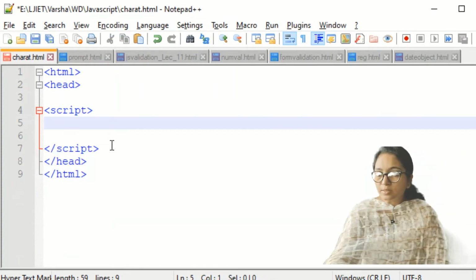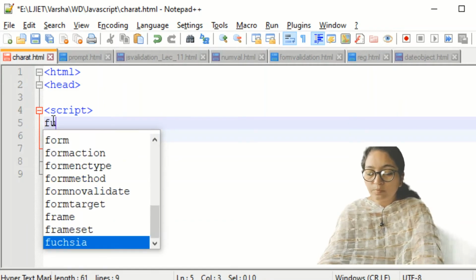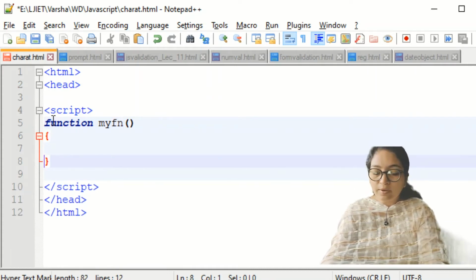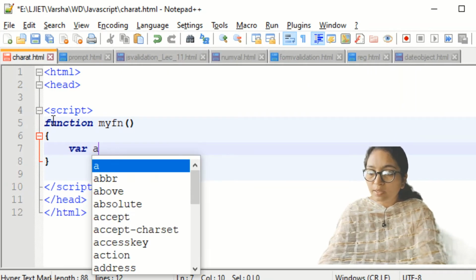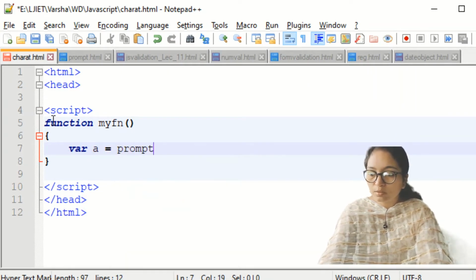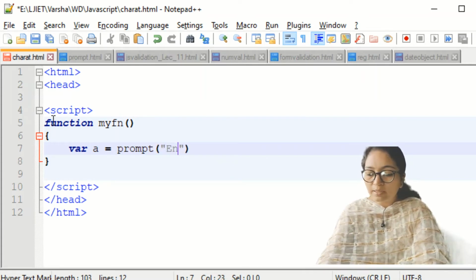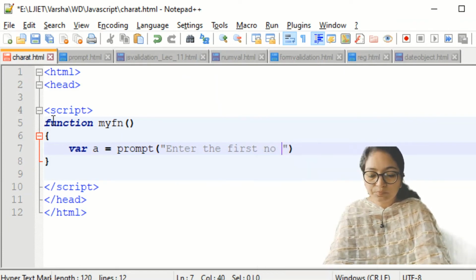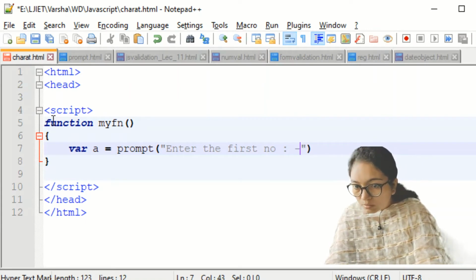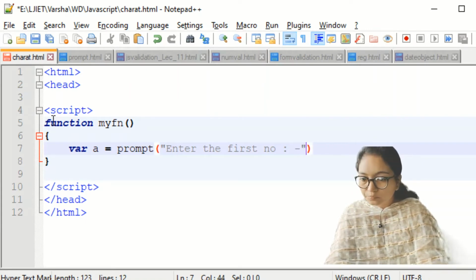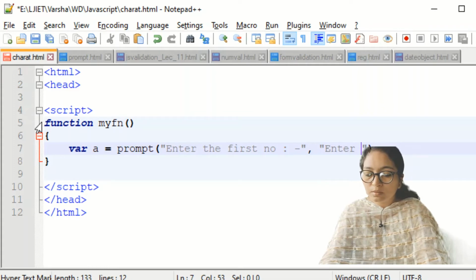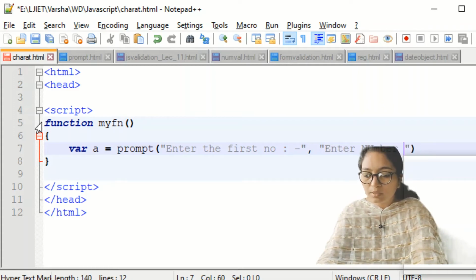Just erase this. Now define a function, function myFunction. In myFunction, define variable a equal to prompt, with the message "Enter the first number", comma, and again "Enter number here".